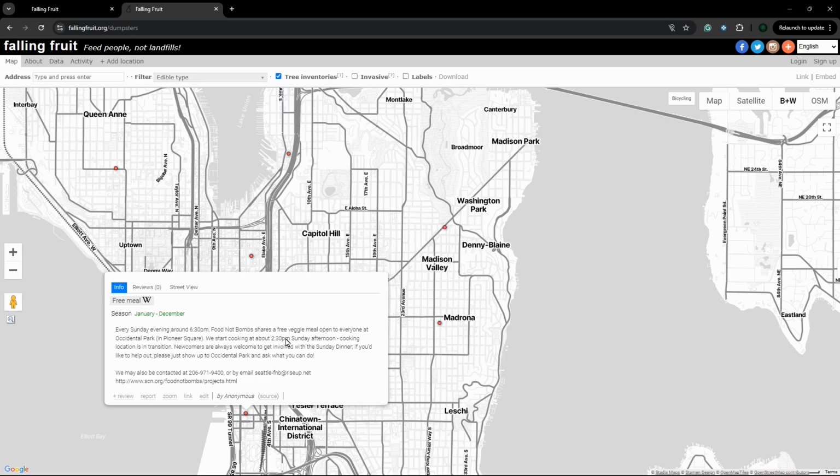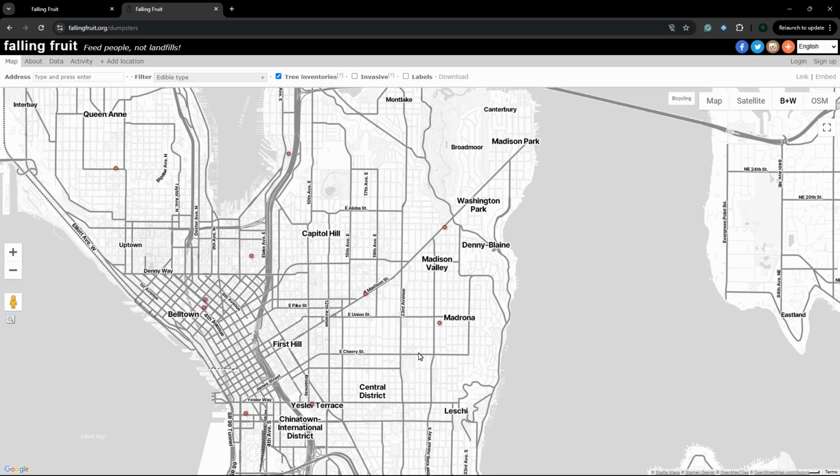We start cooking at 2:30 p.m. Sunday afternoon, and they have Food Not Bombs again. It shares a free veggie meal, and it's open to everybody. Now, in here, you can pick your address if you want to, but you can go in here and let's